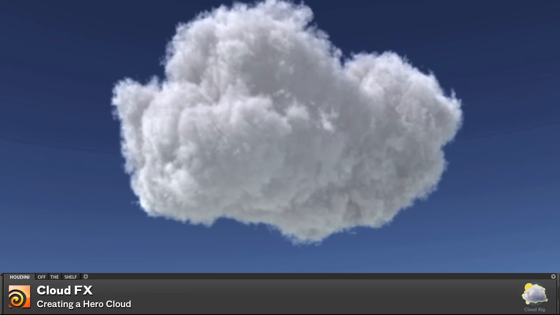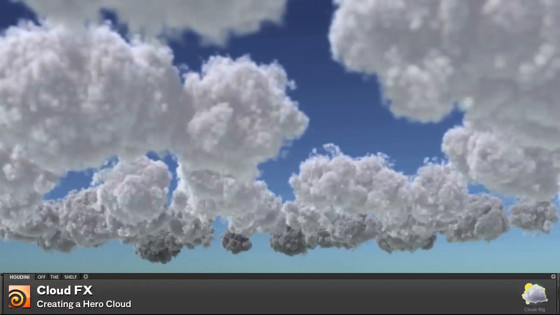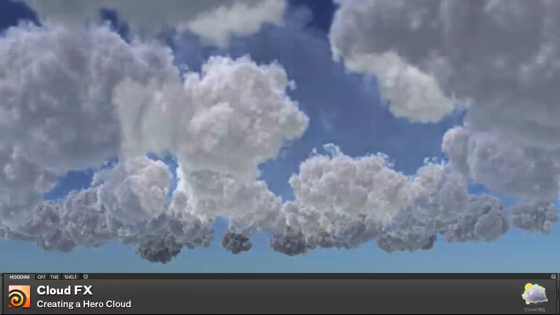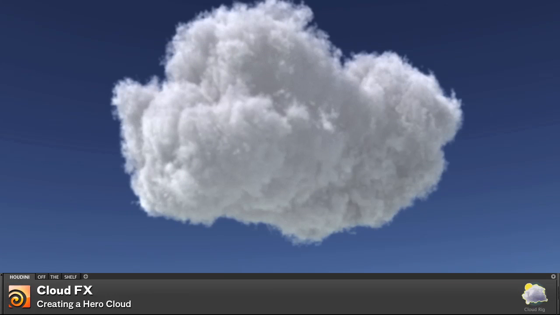Welcome to this Houdini off-the-shelf tutorial where you will learn how to work quickly and creatively using Houdini's interactive tools. In this lesson, you will use the Cloud Rig tool to create both a hero cloud and a cloudscape. This tool uses OpenVDB to set up, display, and render out CloudFX in Houdini. Let's start by creating a hero cloud from a simple box, then add fluffiness to achieve a more organic look